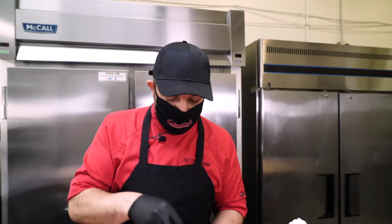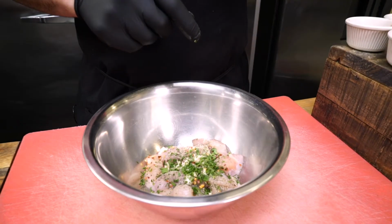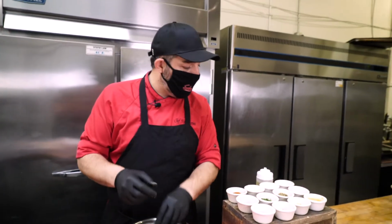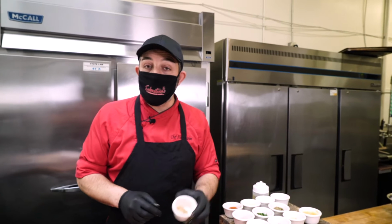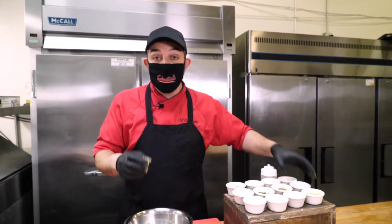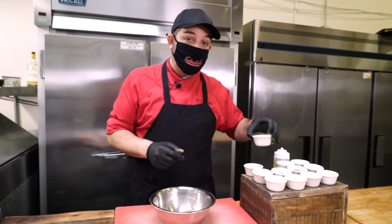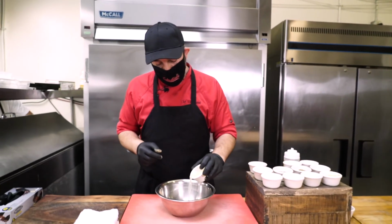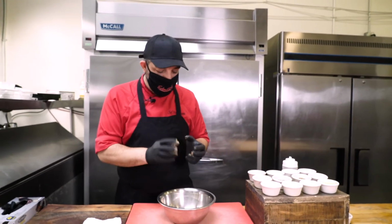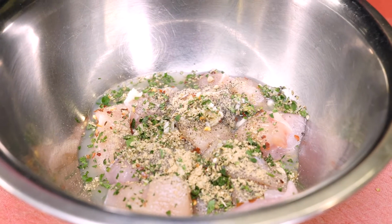Fresh parsley, chopped parsley. I prefer Italian parsley. Some oregano, Greek oregano is really good. It has a nice aroma, nice touch to it. Ground ginger is good to have. Again, this is something that you need to decide how much you want to put. Fresh squeezed lemon juice, a little bit. You don't want to go too much on it, otherwise the chicken is gonna be really hard if you put too much of it. And then kosher salt,